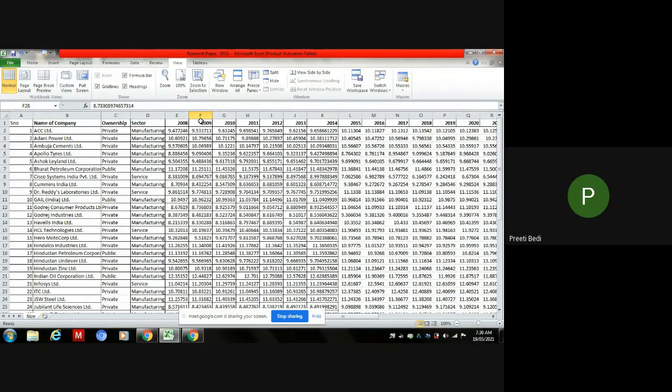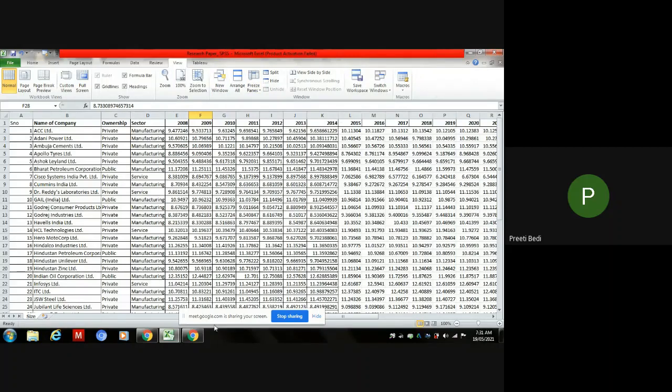There is one more suggestion before you transpose the data. Before the name of the company, put the serial numbers also, because that will again make your task very easy. For example, let me show you what sort of data is being required.